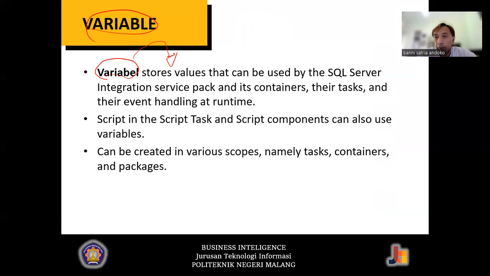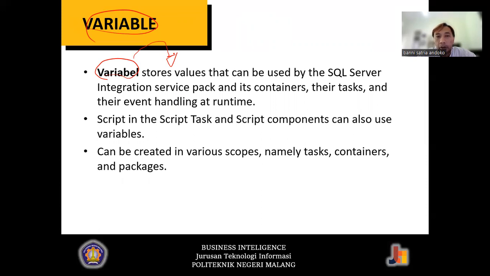And the variable itself is a very important object to be used in SQL Server Integration Service, because sometimes we need to keep some value outside the SQL statement or outside the task, to be used as the outline or as the condition for several commands or several tasks.